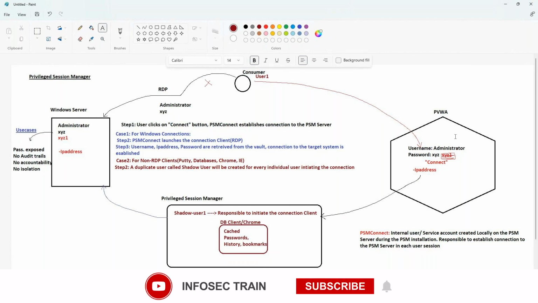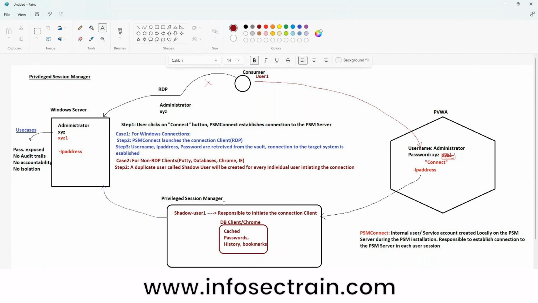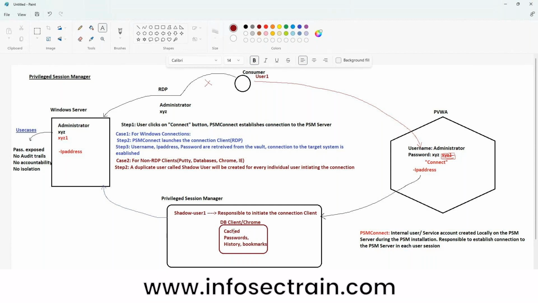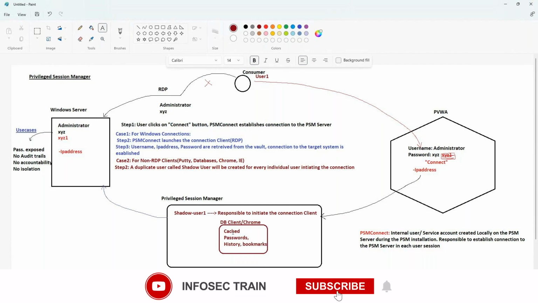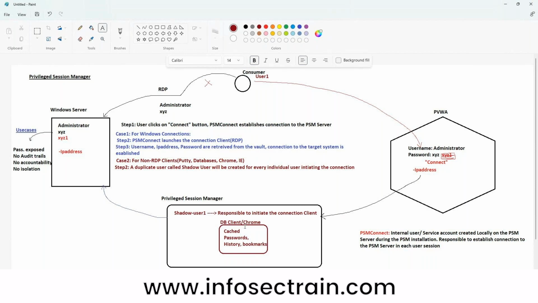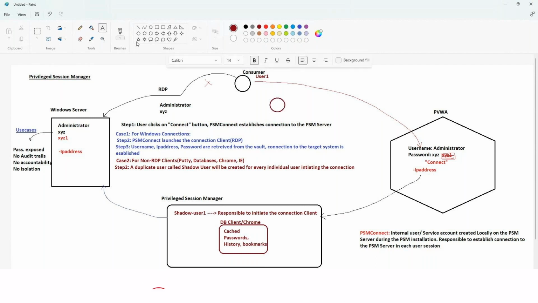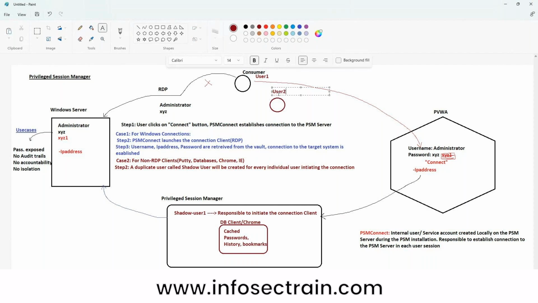When user one initiated the connection, since the PSM Connect is being used to launch the connection to the PSM server, user one has used the administrator account to connect to this PSM server. If the PSM Connect is initiating the connection client, and the same user is initiating the connection client on this server, all the data was saved for user one. Now, if user two logs in,